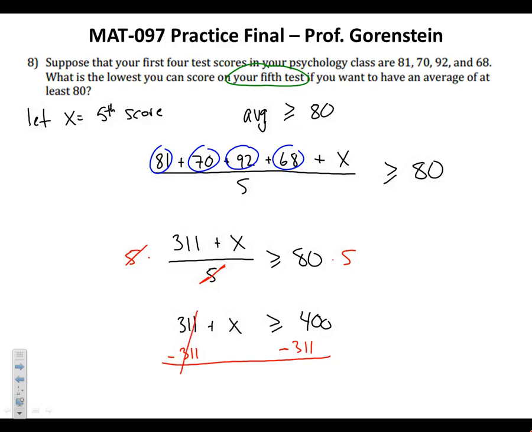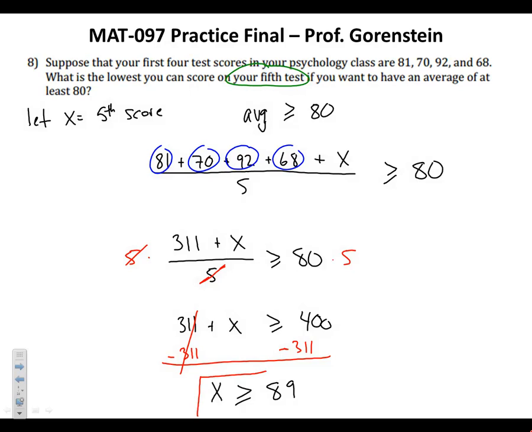So the 311s on the left will cancel. So we have x is greater than or equal to 89. So this is telling us that that 5th test score must be 89 or above